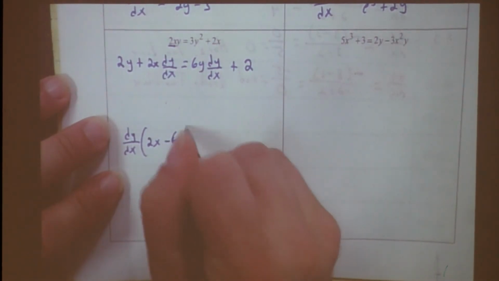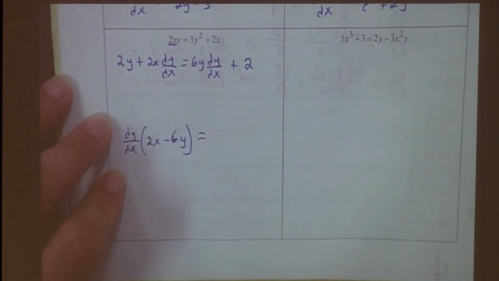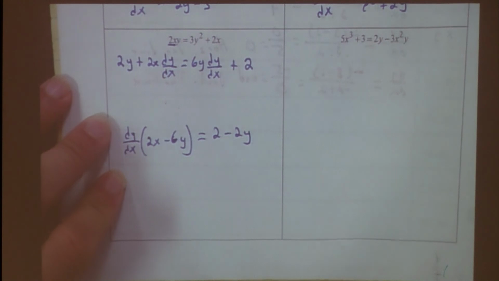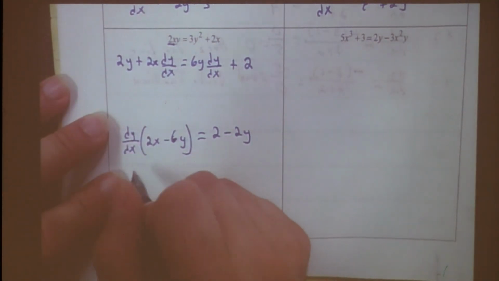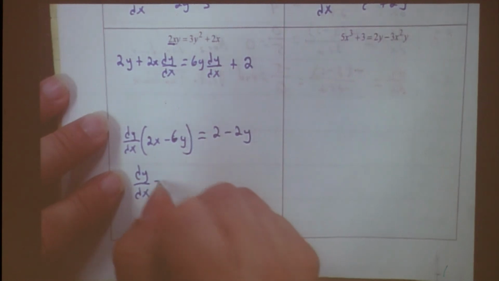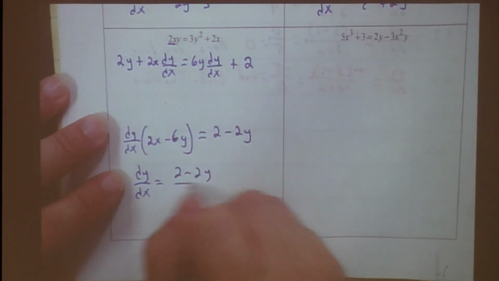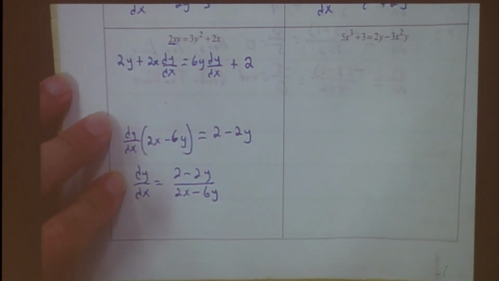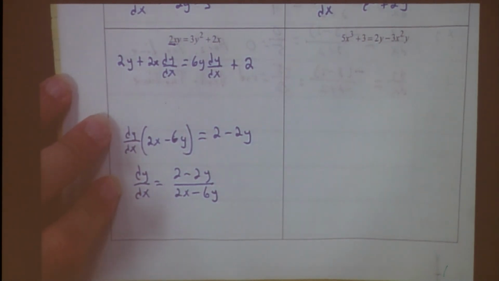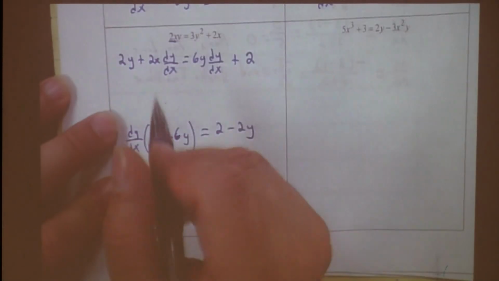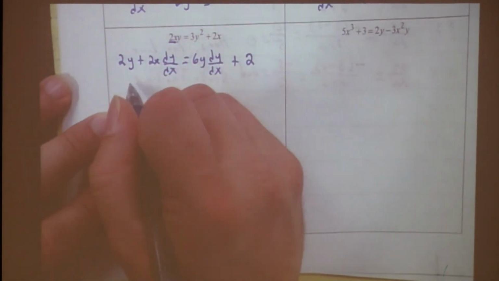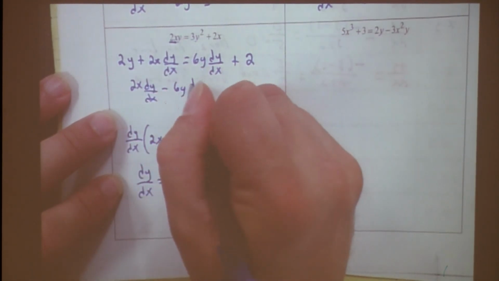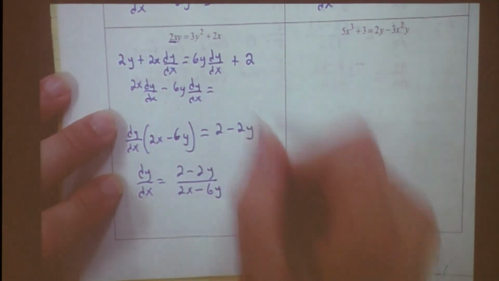Yeah. Equals what? 2 minus 2y. Yes? You're good. You skipped 2 steps. Alright, and then we got dy dx equals? You think you could skip all those steps and jump straight to this one? Yes. Triple dog dare me on the next one? Do I need to go back and put the other steps in, guys? No. Are you sure? Somebody said yes. So 2x dy dx minus 6y dy dx equals